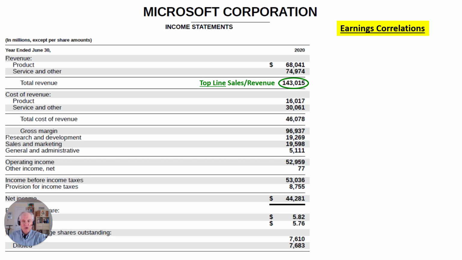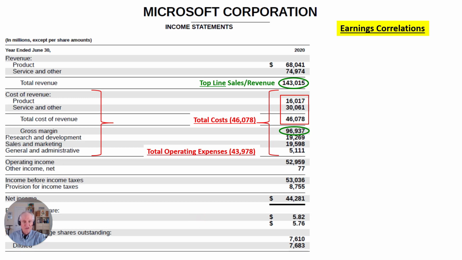So we match in accrual accounting the cost of the revenue for products and services. That's 46 billion plus. Take that off and we get our gross margin, $96,937,000,000. Then we have to take off our operating expenses: research and development, sales and marketing, general and administrative, another